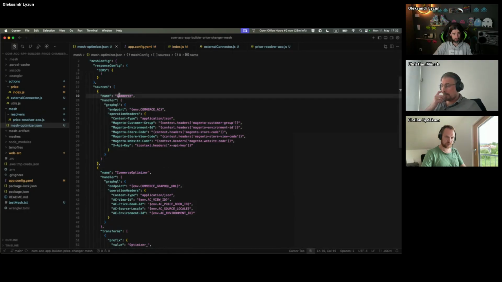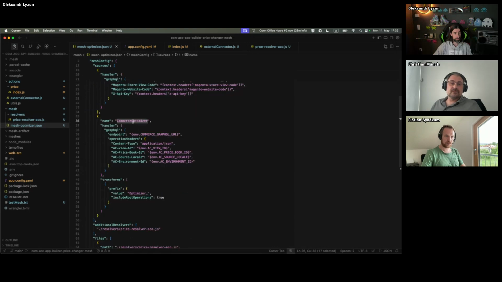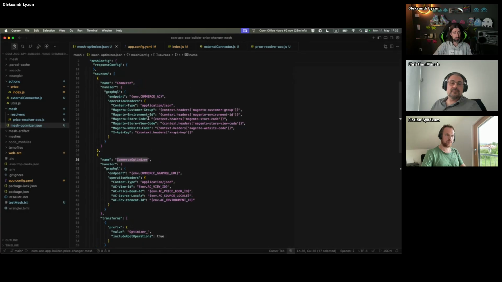So in our case, we have our Commerce, which is a standard Adobe Commerce API. And then we have Adobe Commerce Optimizer, which is our merchandising API, which I just showed you before in the documentation. What API Mesh allows us to do for this particular use case is, at first, just merge them together. So we have a single entry point, and depending on which query you're executing, one or another source will be called. But for the storefront application, the URL is always the same, basically one and only URL.